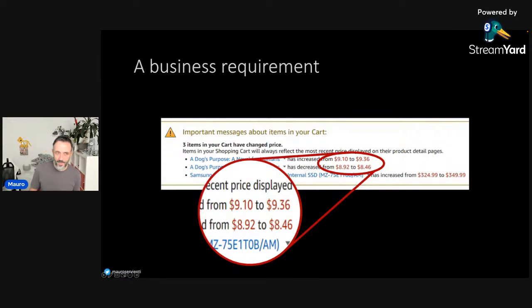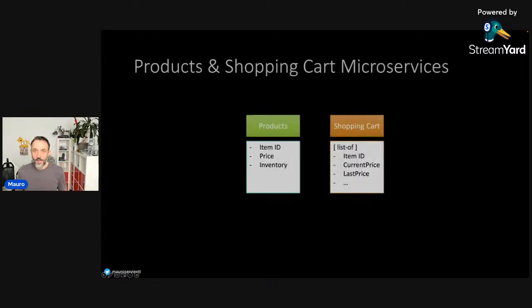That's the old UI. So when you had something in the shopping cart whose price changed over time, you'd get a notification like this saying some items in your shopping cart changed price, and there's a list of the previous price and the current price. Let's imagine how we could implement something like that. It sounds like a nice scenario